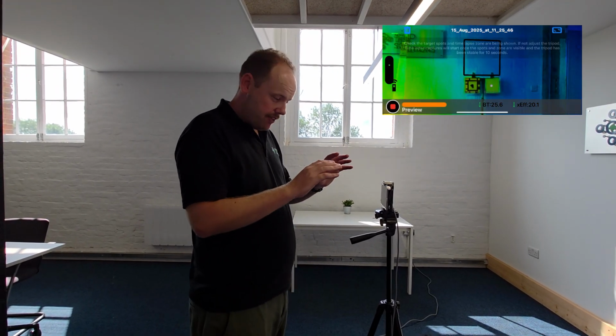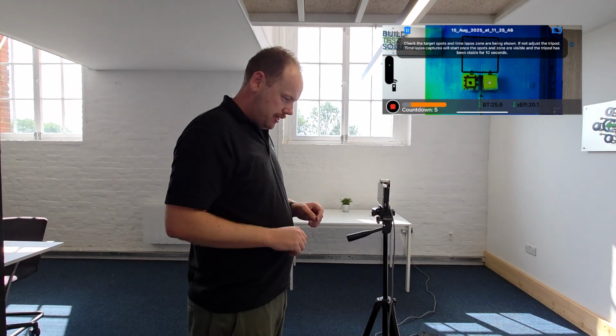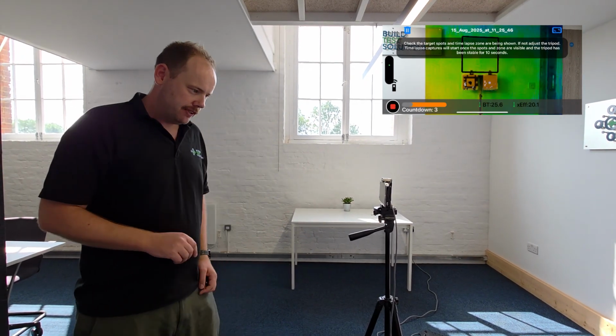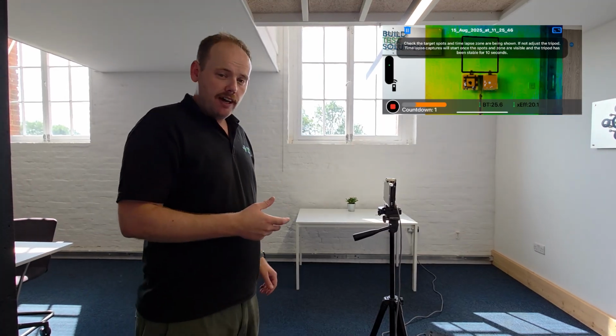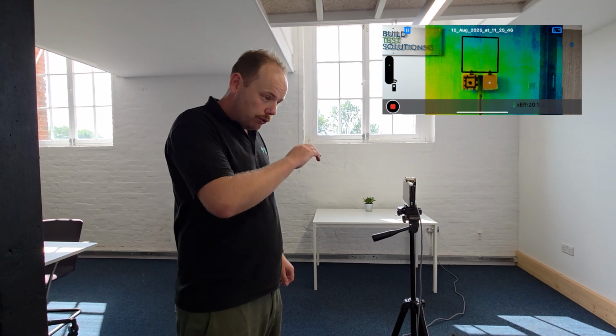App checks it can see everything it needs to. We're good to go here. So I press the red one to say start the time lapse. It'll do a countdown. At this point, we leave the room so that the temperature can be held really stable by the temperature controller, and the time lapse will run for a minimum of 45 minutes, and it will automatically